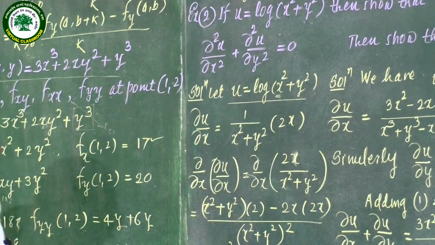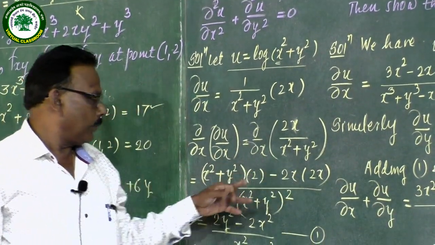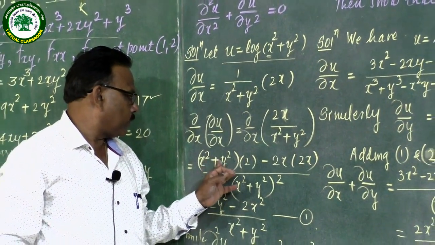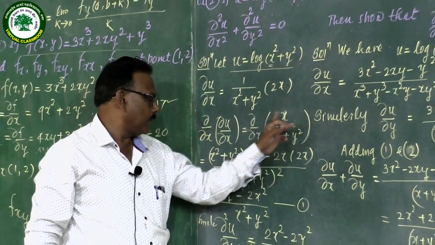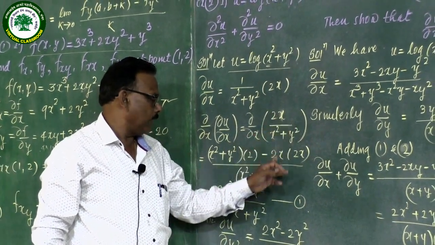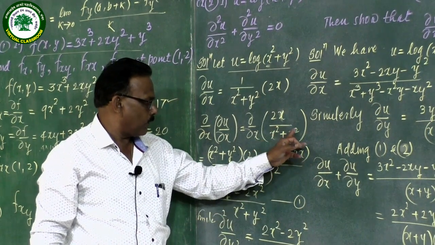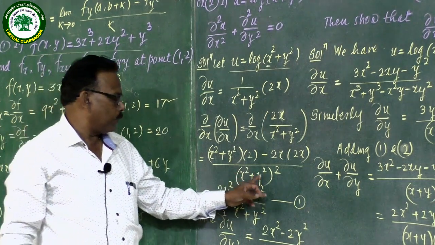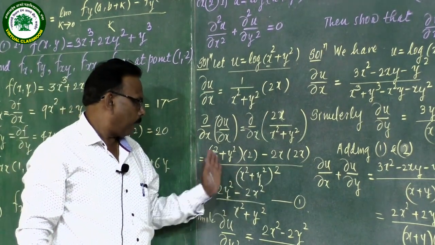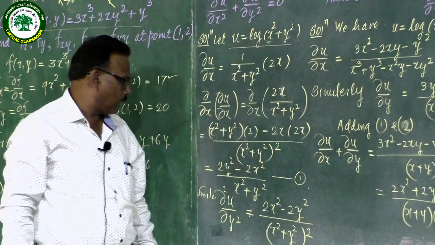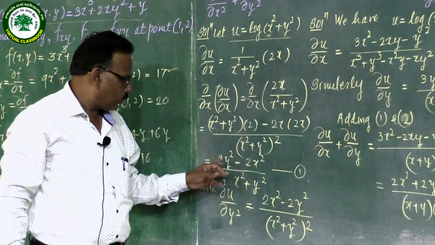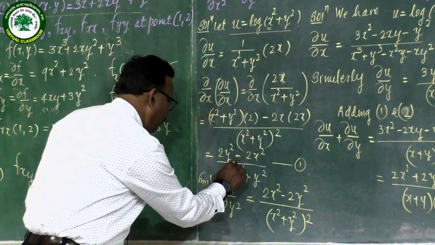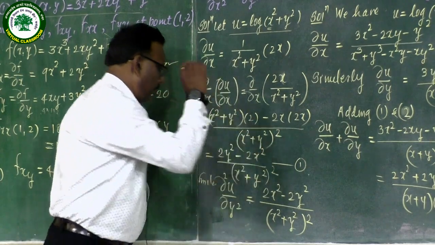We are using the quotient rule of derivatives. This is the quotient part, the denominator x square plus y square remaining as it is, times the derivative of 2x, which is 2, minus 2x remaining as it is, times the derivative of x square plus y square with respect to x, that is 2x, divided by (x square plus y square) whole square. After simplification, taking the product of the numerator terms, you will get 2y square minus 2x square divided by (x square plus y square) whole square.